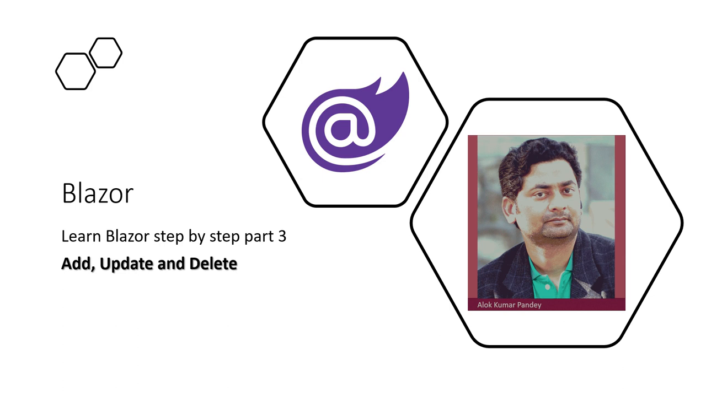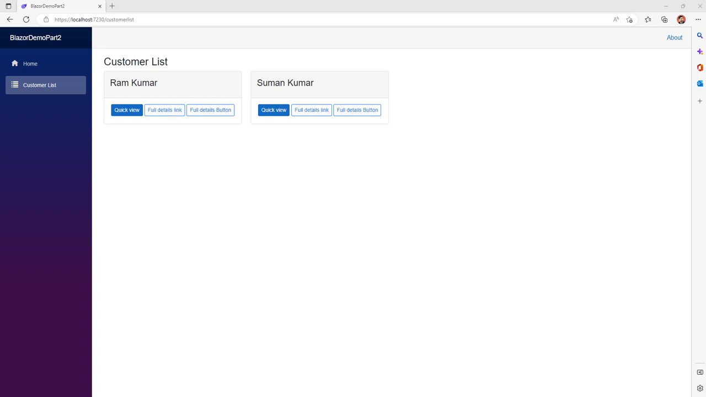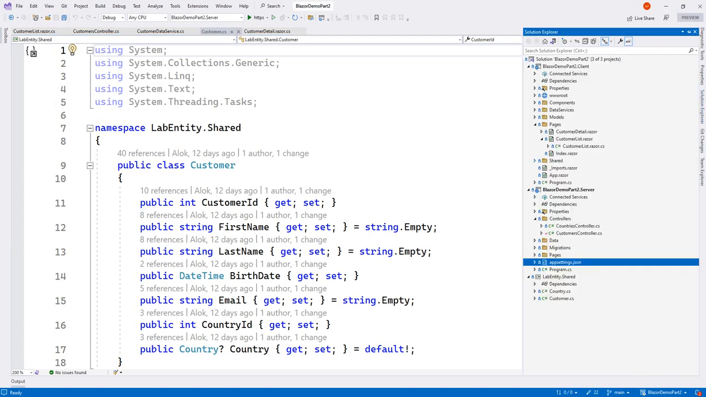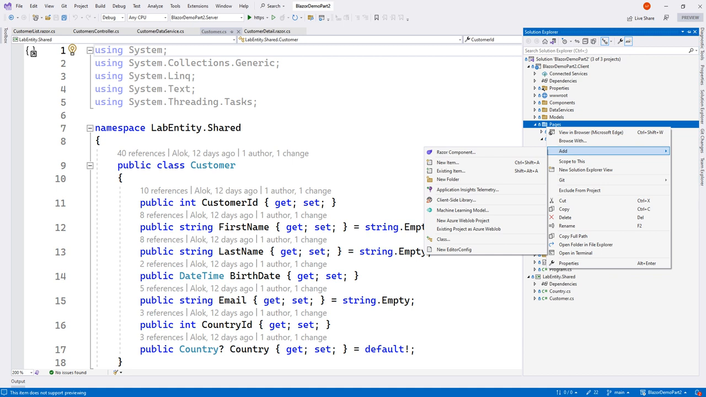So today we will see how we can do add, update and delete in Blazor. So let's start. As we completed listing of customer from the database, today our plan is to add customer and edit customer as well as delete inside the Blazor with the help of web API. So to show that we need to add one page component so that we can design